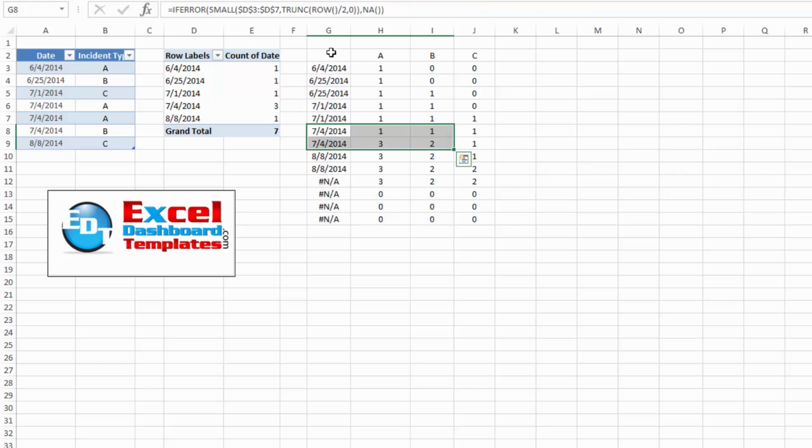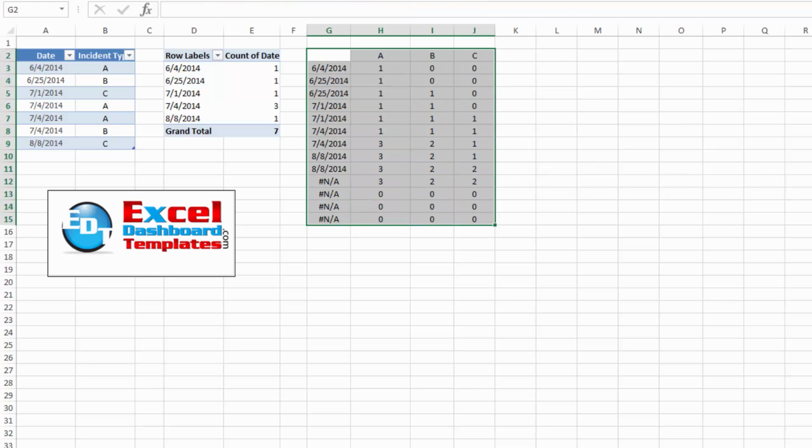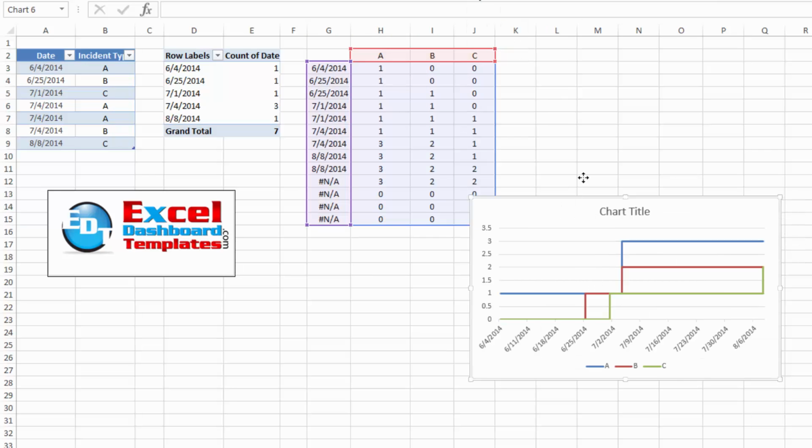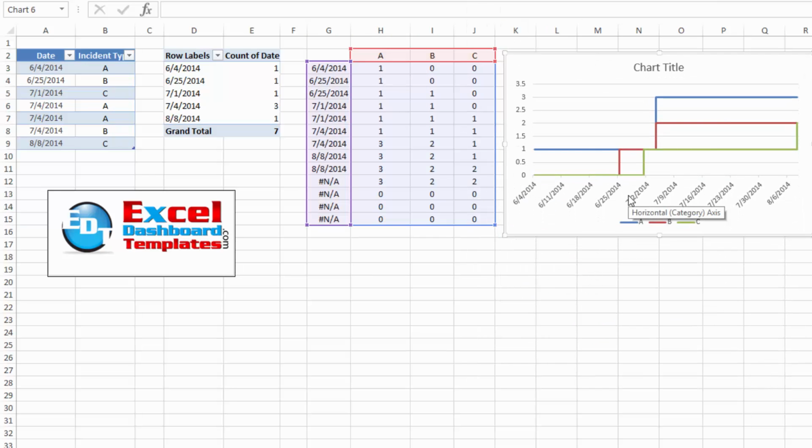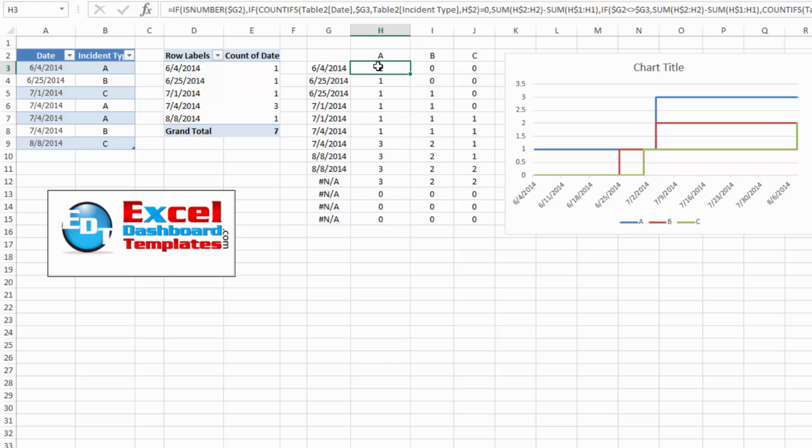Let's go ahead and delete that and highlight our range here again. Let's go up to Insert. We're going to do a line chart, and I'll just pick a regular line without the different dots so that you can see how it is progressing day by day. Now, the formula I did is I did have to modify it pretty significantly, and you can download the worksheet on the blog and see how I created this formula. I modified the step formula chart